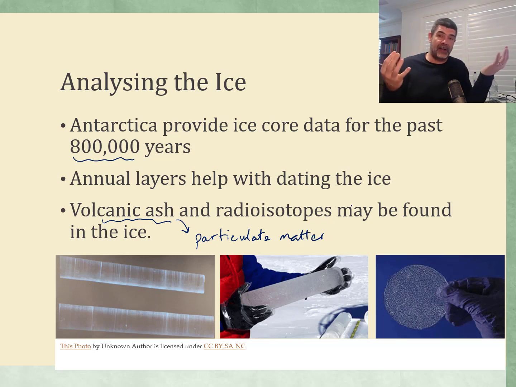It can throw ash, lava and all sorts of things into the atmosphere. That ash can then float around and perhaps settle on the ice where it can then be trapped. And that ash can contain certain types of radioisotopes that may be possible to help us to date that particular